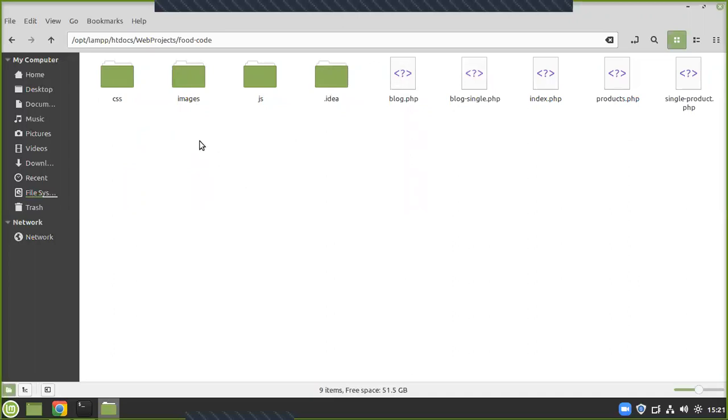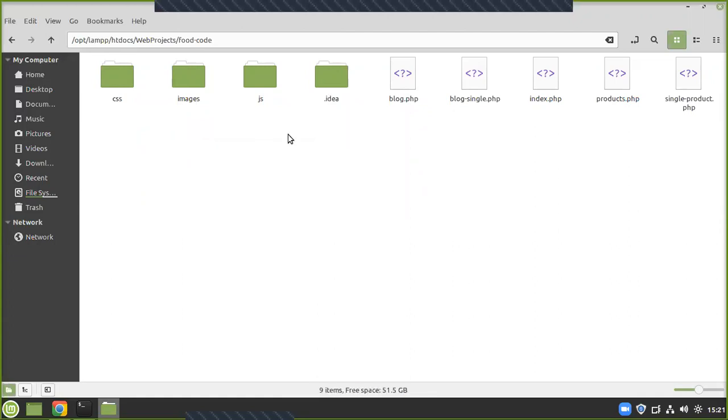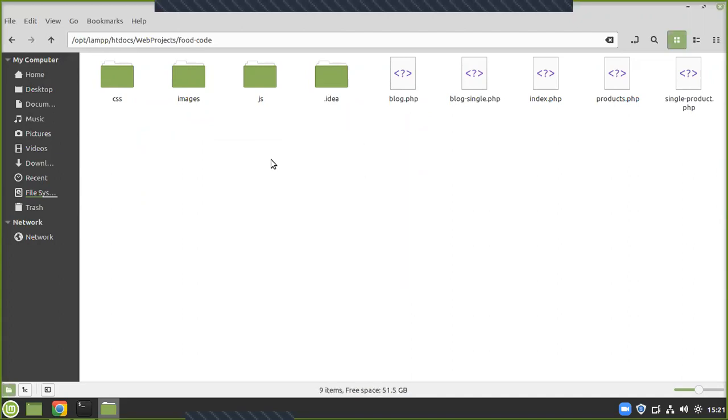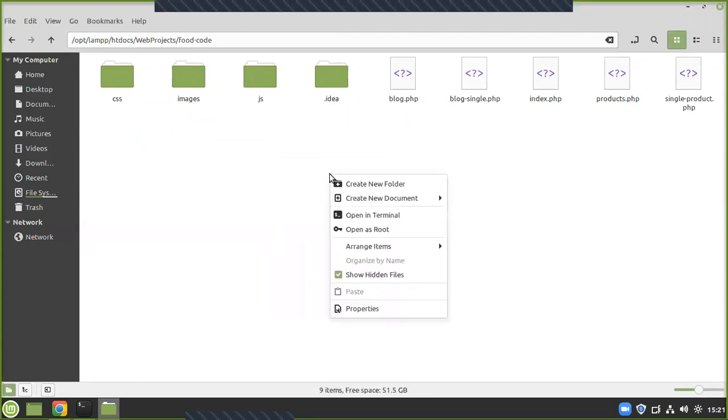So let me just right click and say open in terminal right here. I'm just right clicking and saying open in terminal, guys. But those of you that are working with Windows, when you right click here, just say git bash here. There will be an option for git bash here. Only that I'm on Linux, I might not be able to show you that. But when you right click on an empty space inside this folder, there's git bash here. But for us who are working with Linux, let's just say